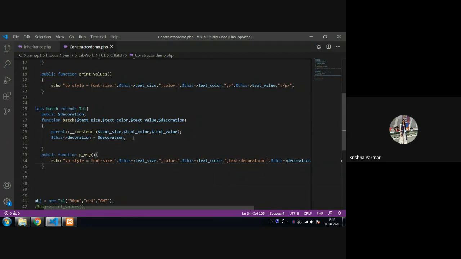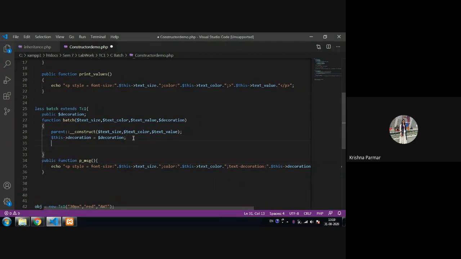And I'm calling this function from my child class constructor, so there is no explicit calling of that function required.